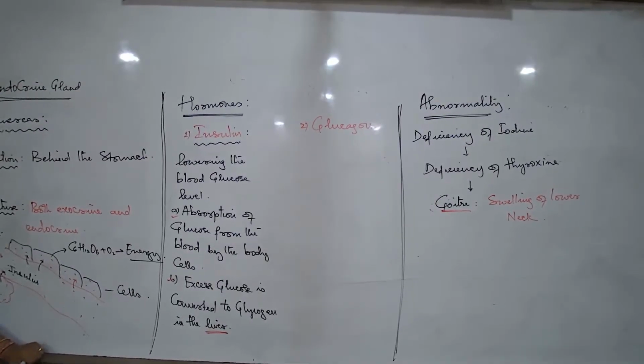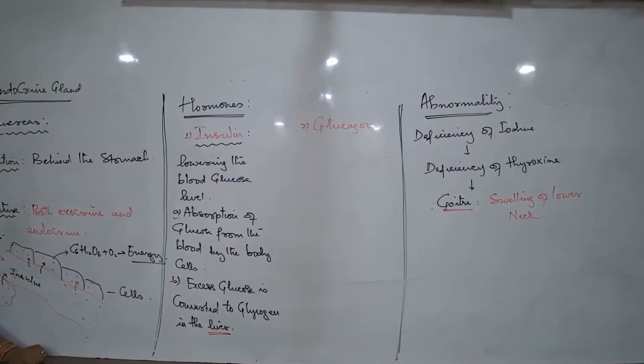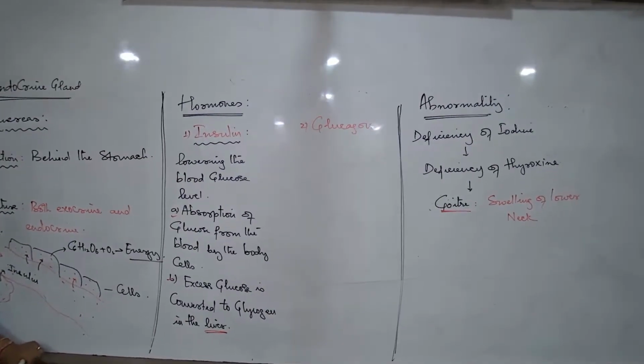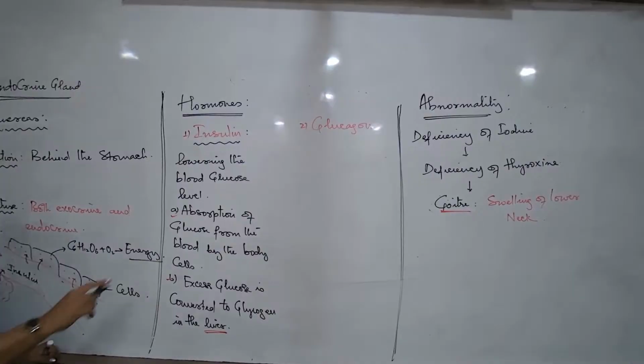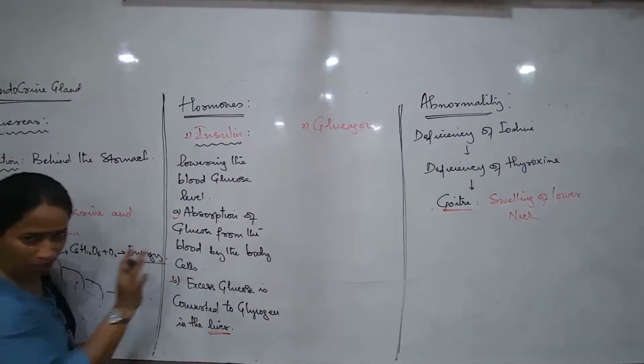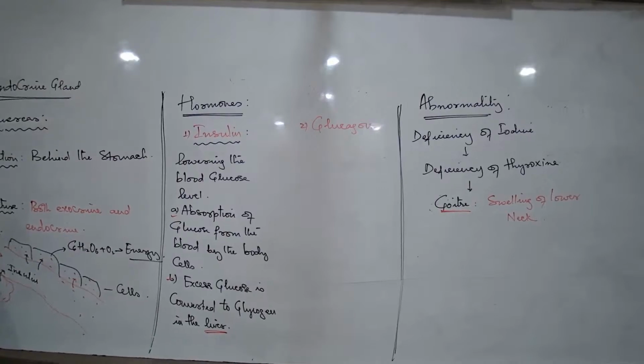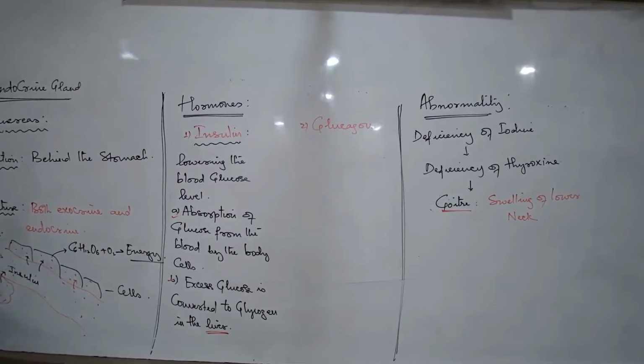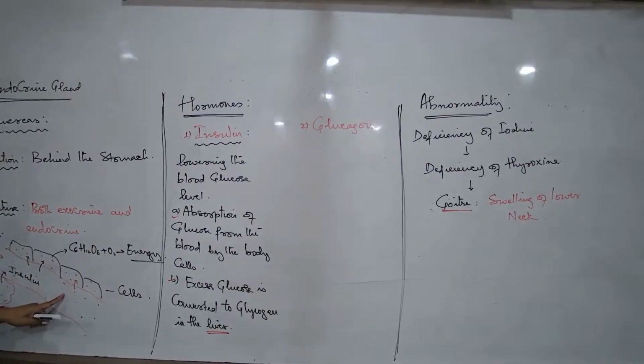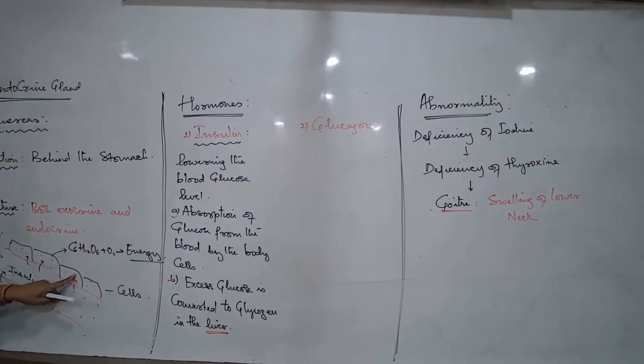Which hormone is responsible for lowering the blood glucose level? Insulin always. How does it do this job? By these two major pathways. One is excess glucose stored in the form of glycogen to be used later. We'll come to this. And allow the body cells to pick up glucose. Should the body cells pick up glucose? Yes, normally it should pick up the glucose. Why? Then only the cells will be able to break down glucose, release energy.